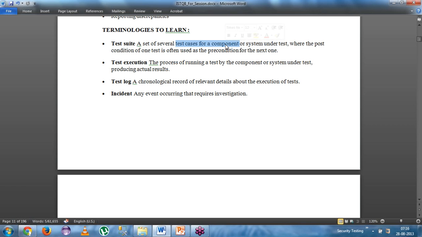Okay. And then execution, we know you will execute that line and then check whether your expected result is equal to the actual results. Great. And then test log, a chronological record of relevant details about the execution of the test. So log we have already discussed. The result of your test is what you will put in the log. And incident, any event occurring that requires investigation, that is the defect. Any problem that you encounter during the execution, you will record it in the test incident report,